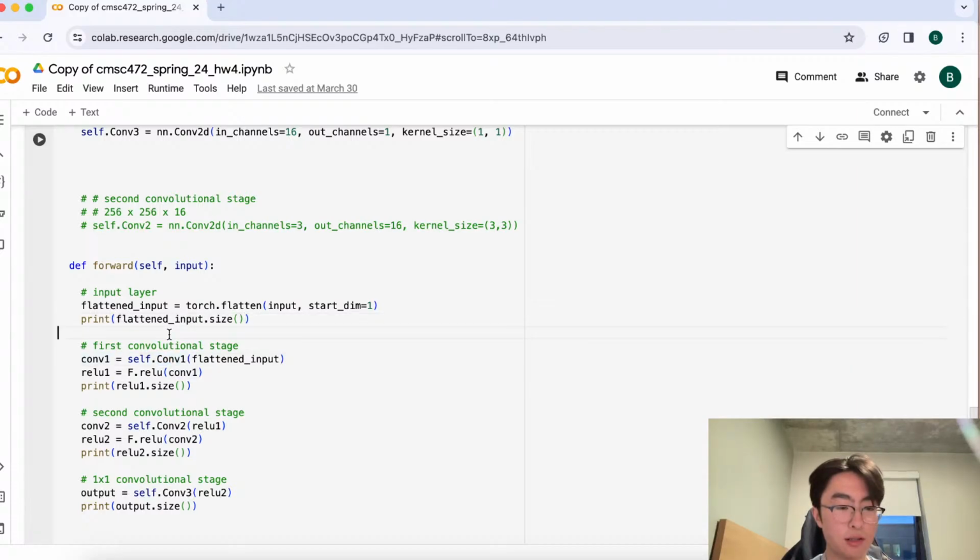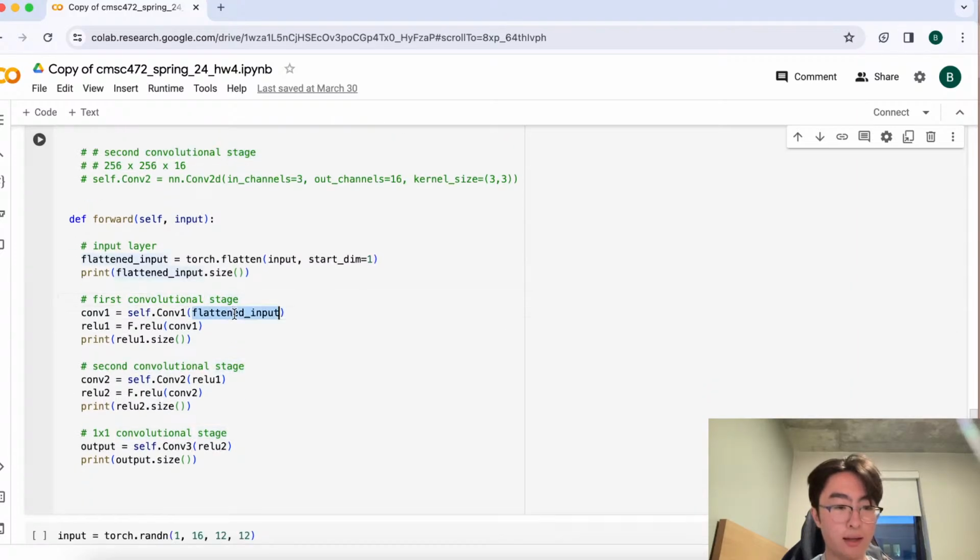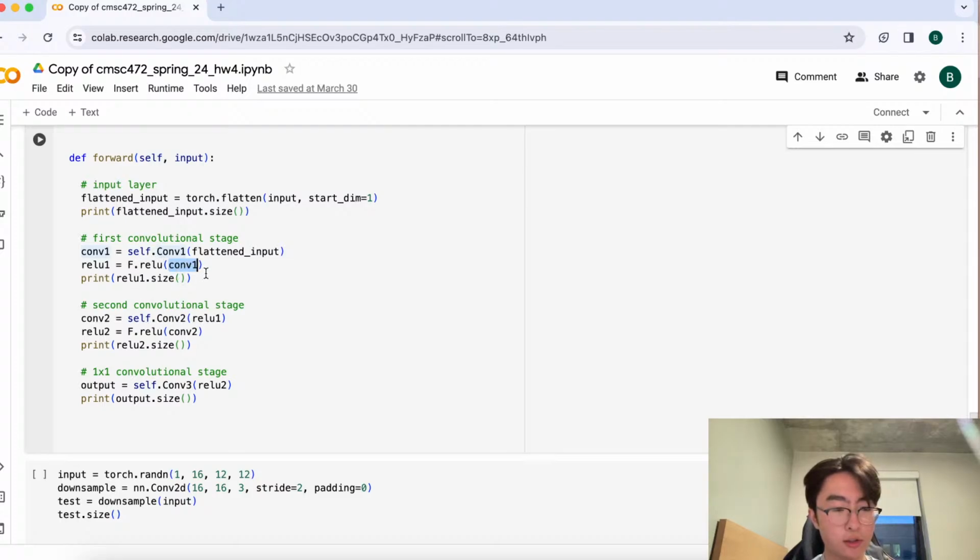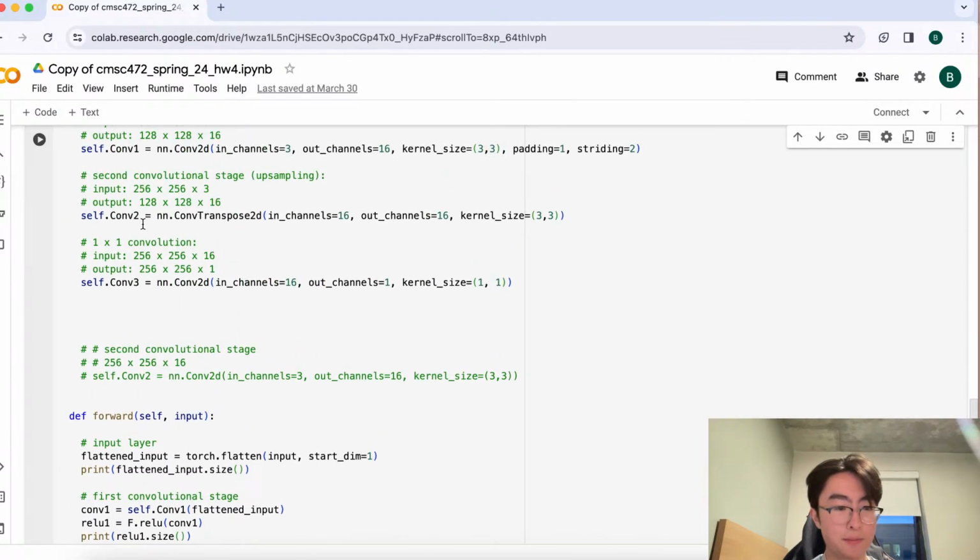The second part is the first convolutional stage. So this will take in the flattened input, and after that it will output and be fed into a ReLU activation function. So this is the first, we'll call a convolutional stage, and then this is the second convolutional stage that takes